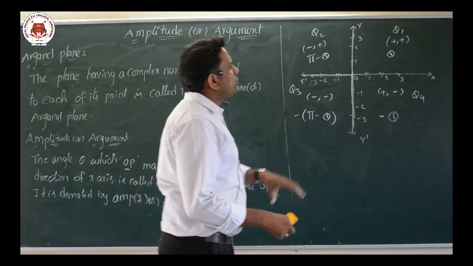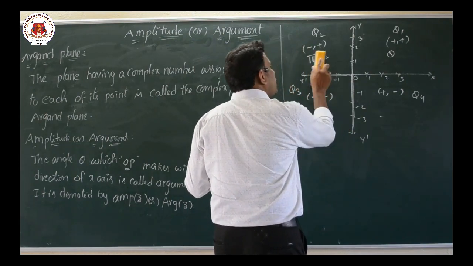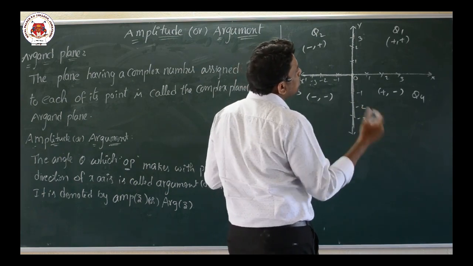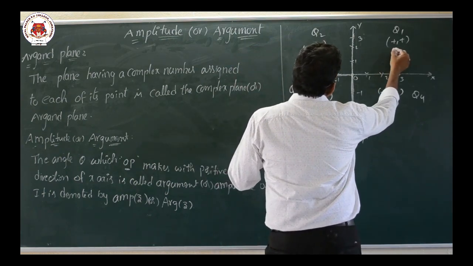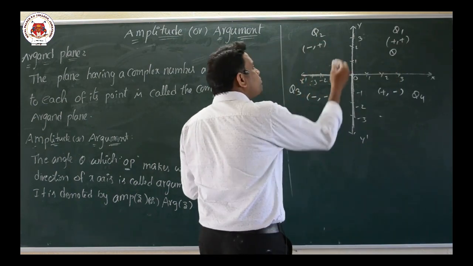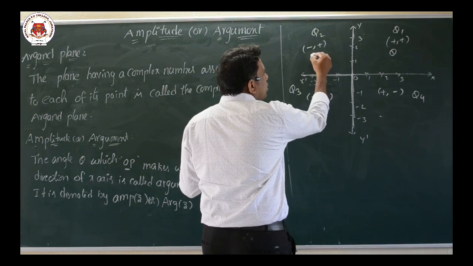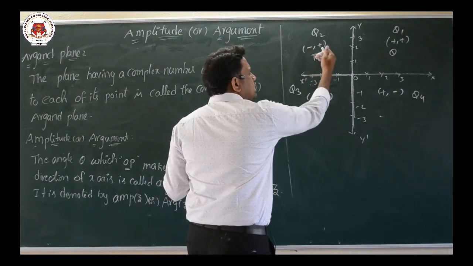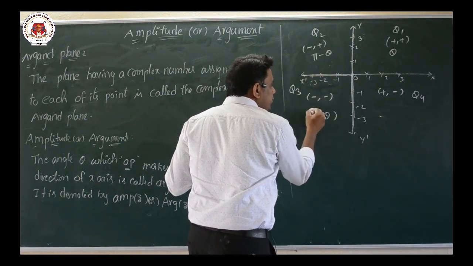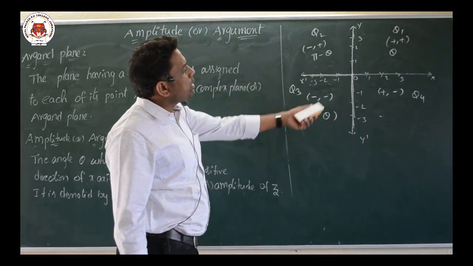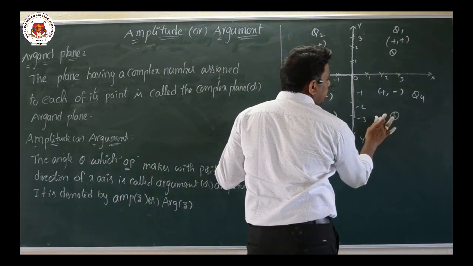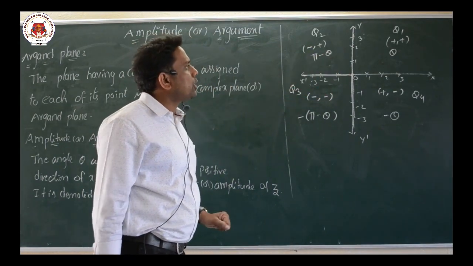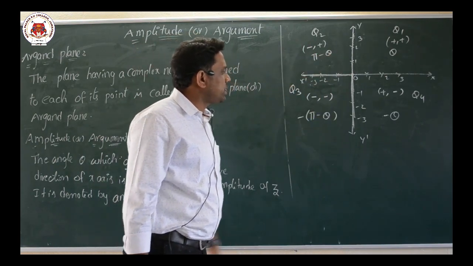Children, this is very easy to remember. One more time, I am explaining these arguments. If a complex number belongs to the first quadrant, its argument is theta. When it belongs to the second quadrant, its argument is pi minus theta. If it belongs to the third quadrant, it is the same as the second, but we have to put one negative sign. If it belongs to the fourth, it is the same as the first, theta only, but we put the negative sign. Children, this is very important for finding the argument: theta, pi minus theta, minus of pi minus theta, and minus theta.